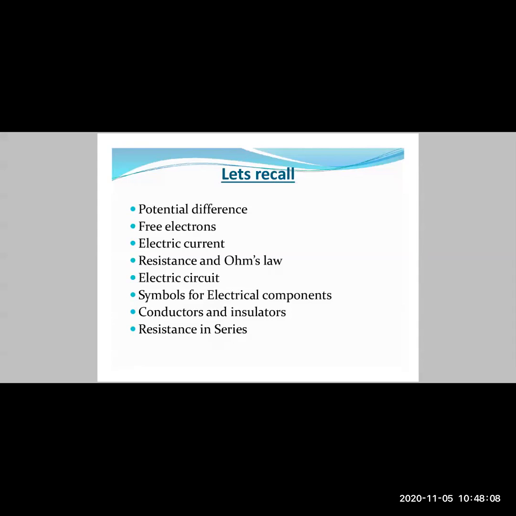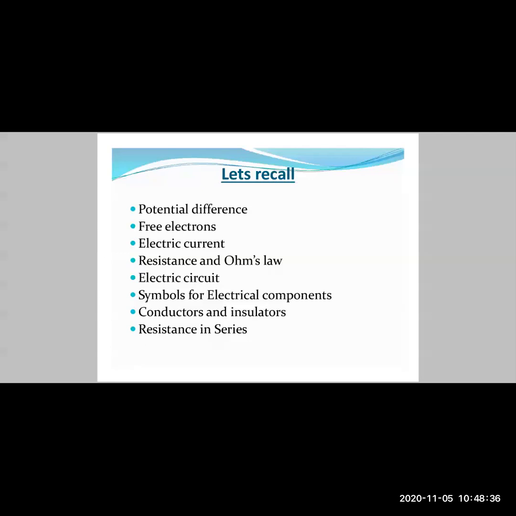After that, we saw the various symbols for components of an electrical circuit. In that, we saw how to represent an electric cell, a battery, then various types of keys, as in a tap key or a plug key, which is used to switch on or off your circuit. Then we had seen how to show the conducting wires, then the symbols for light bulbs, then resistances, and so on.